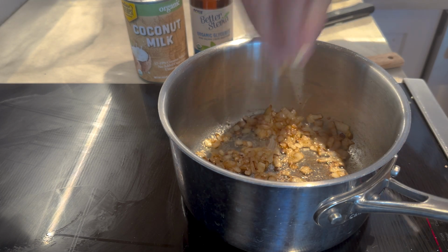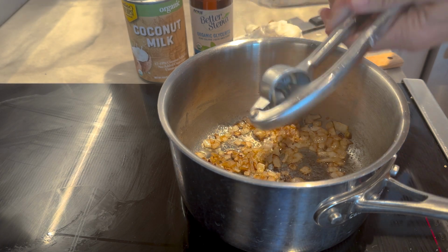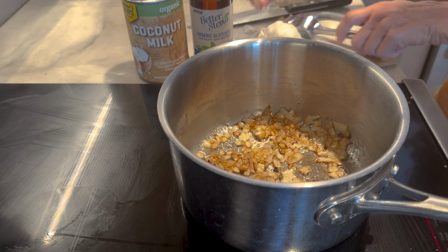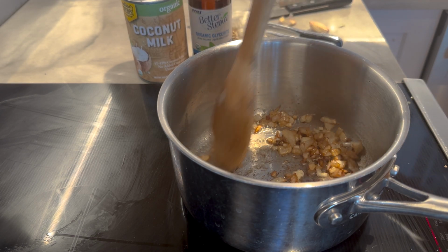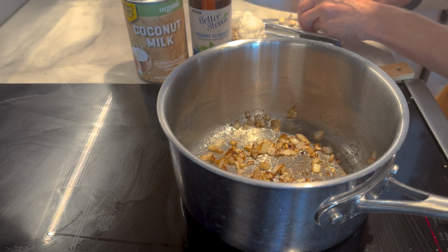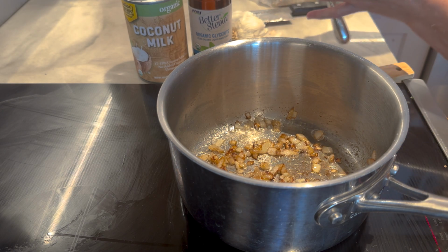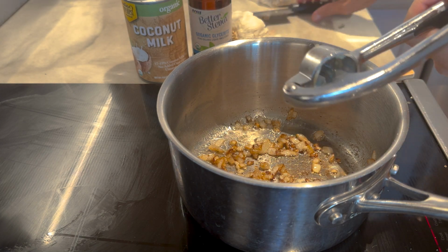Oh, not a whole clove. Oh, there we go. Depending on how much garlic you want it to be, might add 1 more clove. Yeah, I'll do that. 1 more. I'm just cutting the ends off here, so it's just an exposed clove. Ouch, that was hot. And then